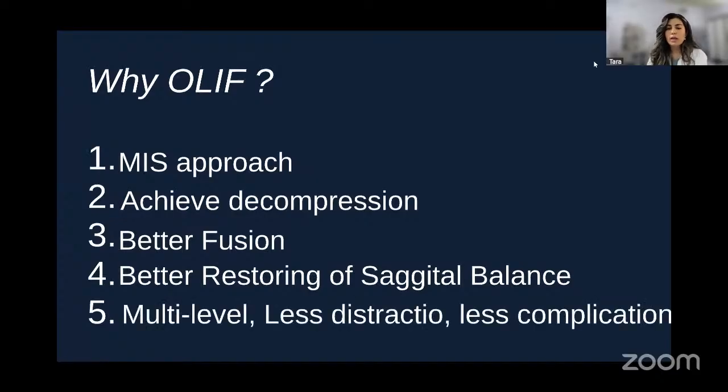Even when L5-S1 is needed, which is considered to be very difficult in OLIF, we have a solution for that, which is oblique OLIF. That is an incision a little bit anterior to the classical OLIF incision, and the trajectory will be the same, through the same plane devoid of muscle, the same retroperitoneal approach, but just like ALIF it will be between the bifurcation of the common iliac arteries. Here you can easily reach the L5-S1.